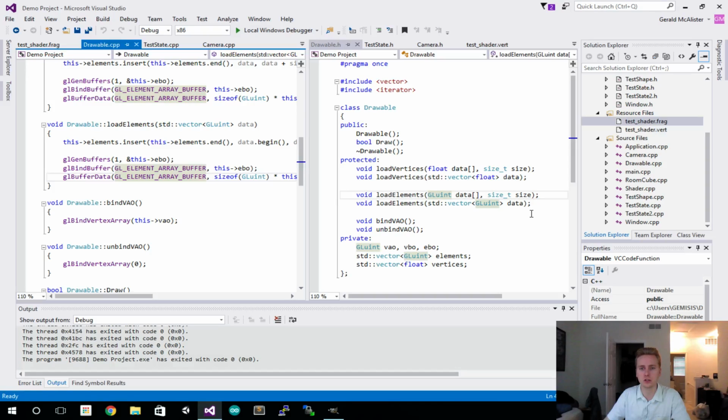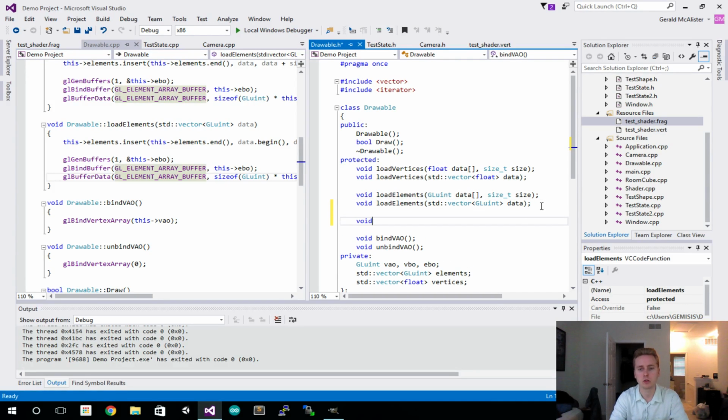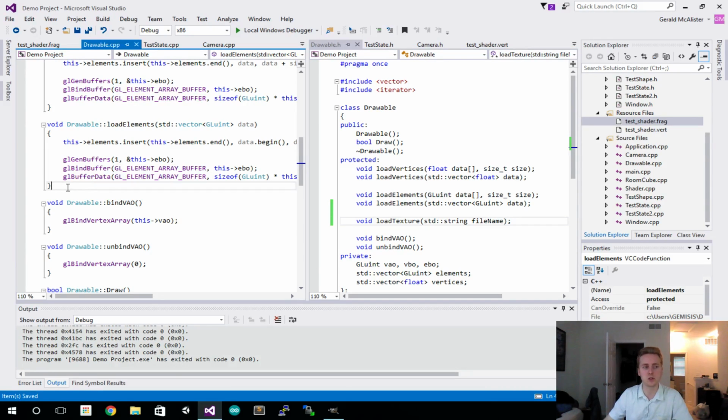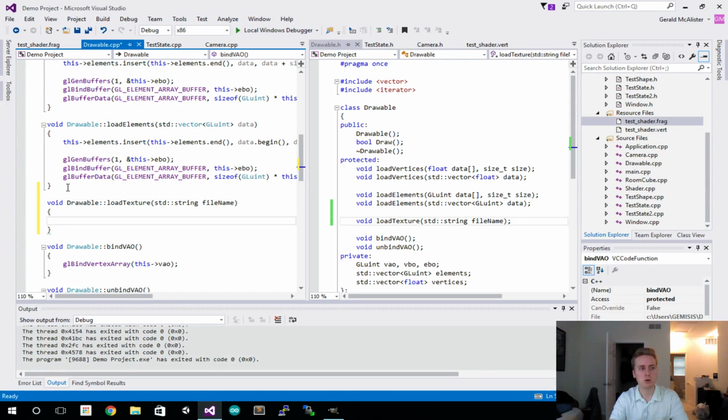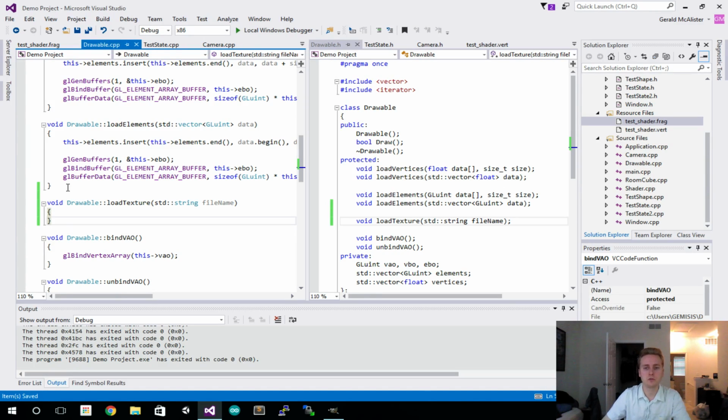To start things off, though, we're going to come over here and do a void load texture method. All this is going to take in is a string for the file. We're just going to pass in a file name of what type of texture to load. So now we come down here, we have void drawable load texture string file name. There's a few parts that we're going to need to do this. The first thing we're going to want to do is keep track of